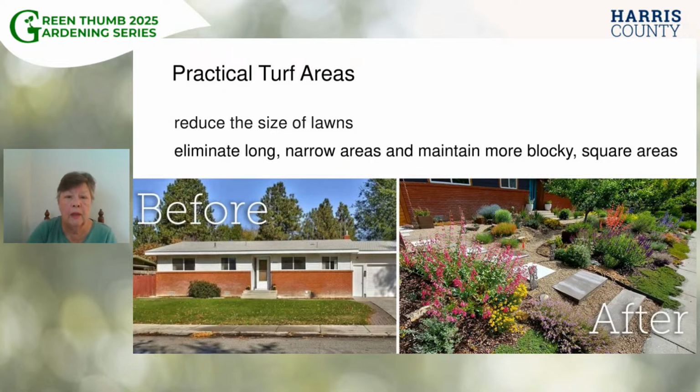street. One particular problem area in many gardens is what's called the parking strip. Some neighborhoods have a thin ribbon of lawn in between the sidewalk and the street, and those are just about impossible to irrigate properly. The after picture shows a much greater biodiversity mixed with some hardscape, a much more interesting garden, much more beautiful